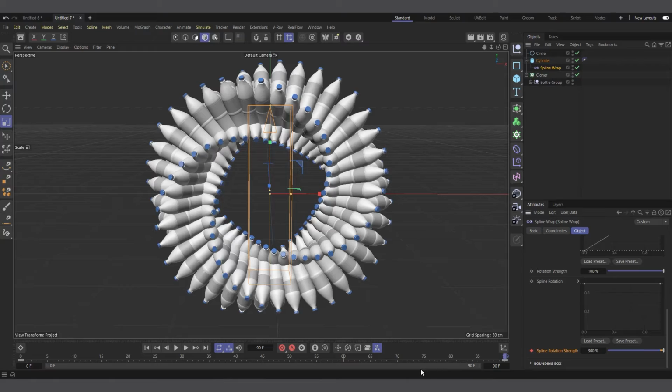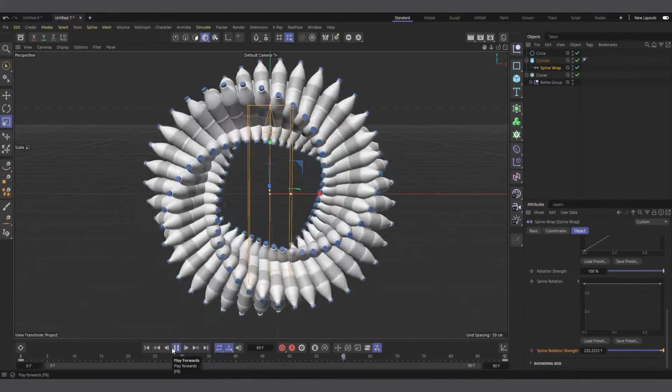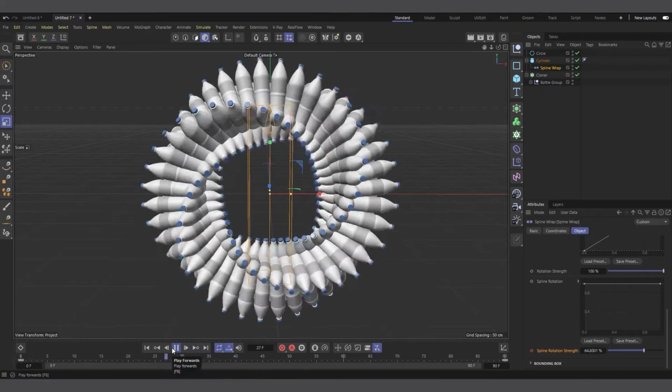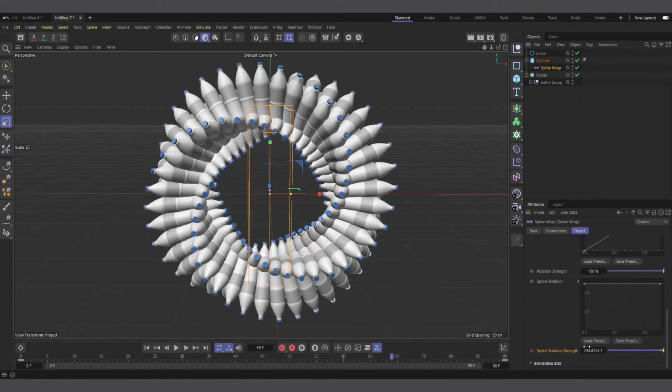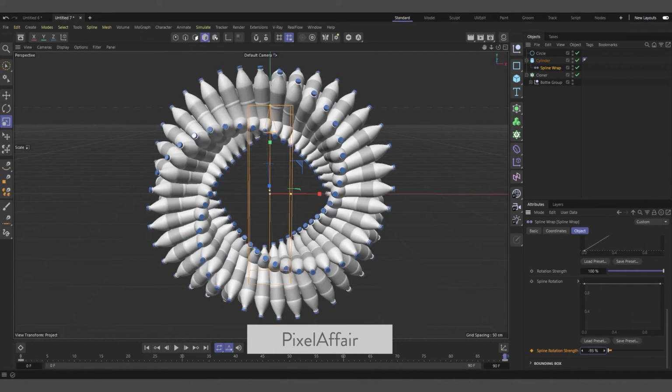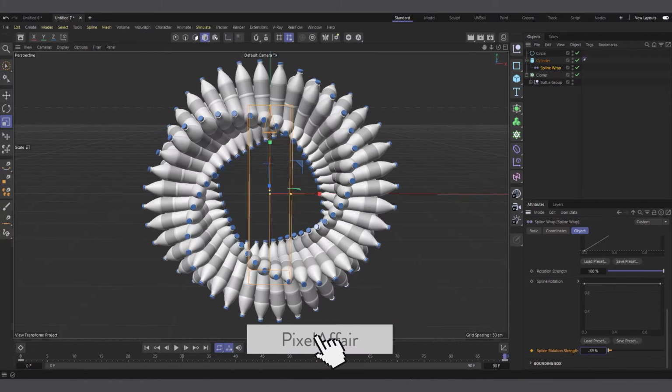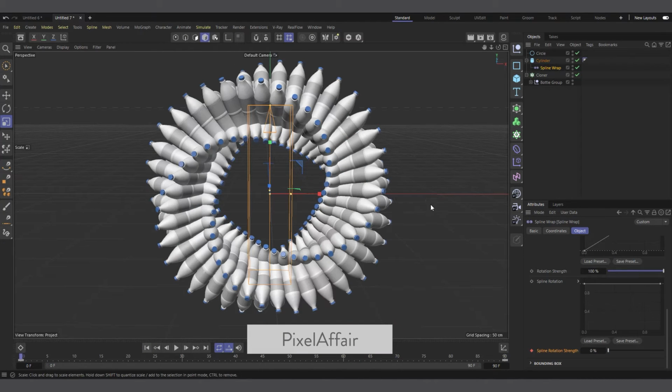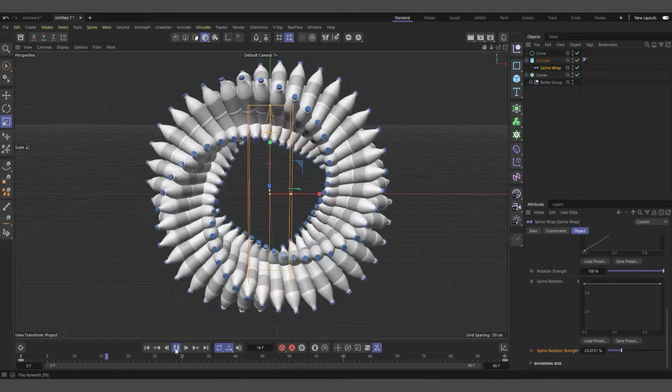And now if I set a keyframe, hit play, and see, we get the movement that we want, right? Or if you want it the other way around, you can simply reverse it, so you can go the other way around. So however you want it, you can do. So this is how I did this effect. It's quite simple, but sometimes it can be tricky, so I felt it was necessary for me